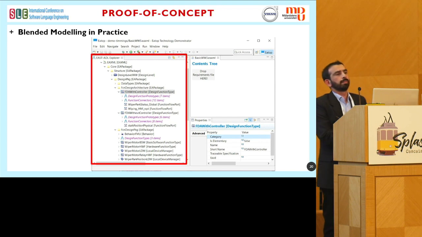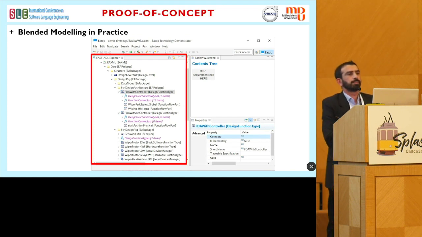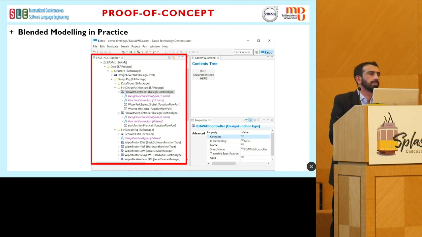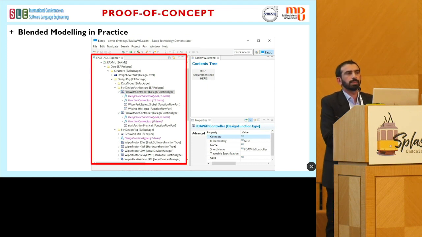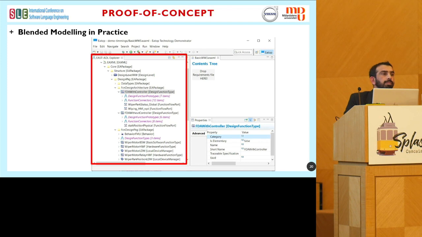Thank you. So thank you for the talk. I'm wondering if you wanted to translate what you have learned and done for EAST-ADL to another popular architecture description language such as AADL or Monty-Arc, what would you have to do? Sorry, please repeat the question. How can I translate your results to another architecture description language?